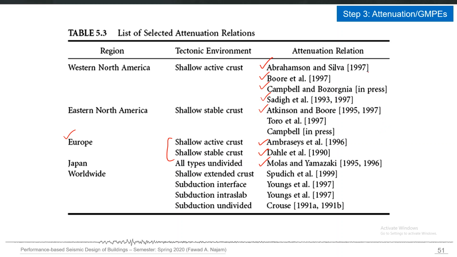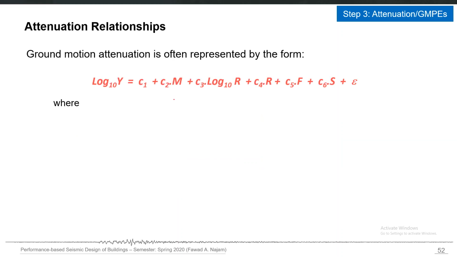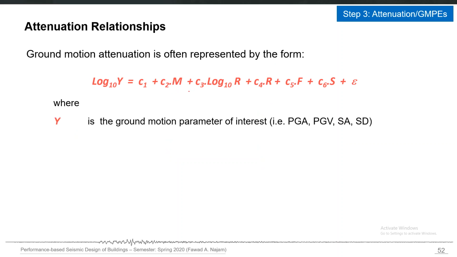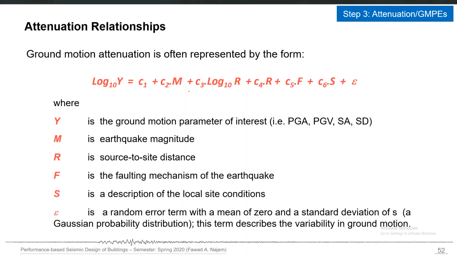So these are all the older generation of attenuation relationships, but now we also have the new GMPs. Sometimes the different international research organizations publish their GMPs and keep updating them regularly. Generally the ground motion prediction equations are often represented by this form, where you have the log of the